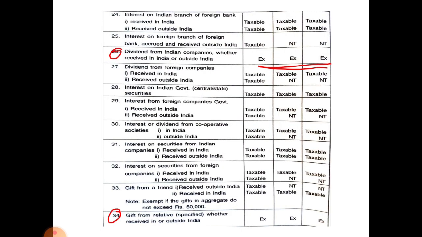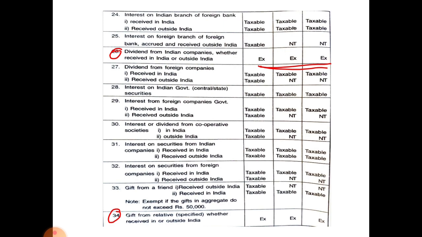Next, see the 26th item, that is dividend from Indian companies whether received in India or outside India. Such income is exempted from tax. Next, the 34th item, that is gift from a relative whether received in or outside India, is also exempted from tax. And gift from a friend, that is